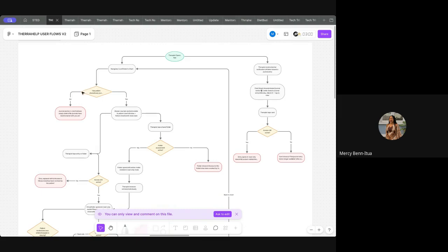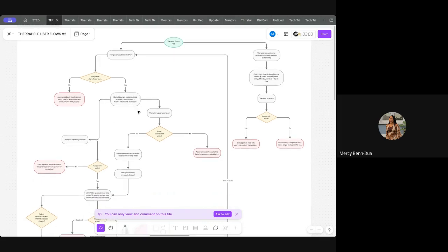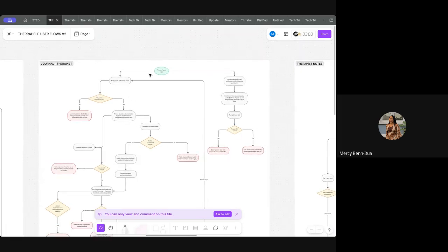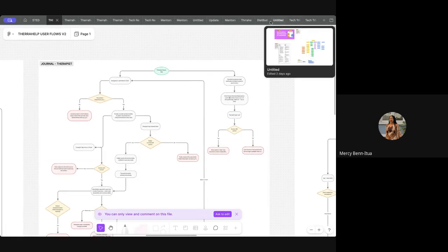You see that we have the same diamond shape here, diamond for decision. We have the same square here for the things that happen, like the feedback that the system gives the user. And then we have the normal rectangle shown in gray color that shows user action, the step that the user takes. So all in all, you see I use 4 diagrams here,